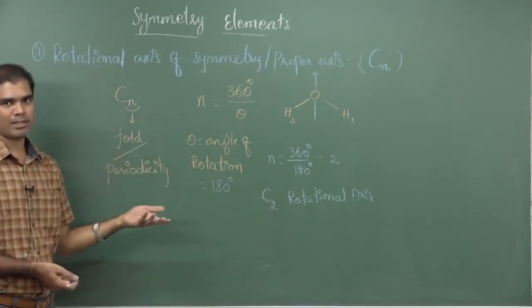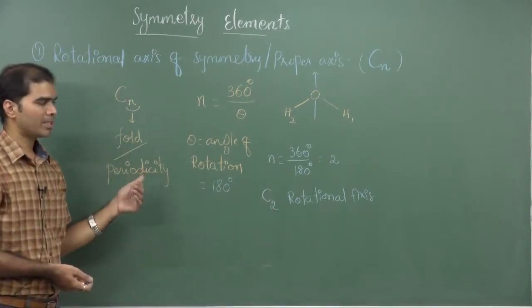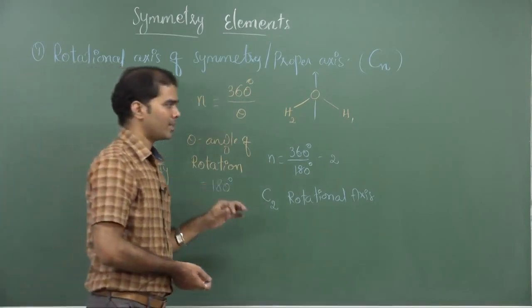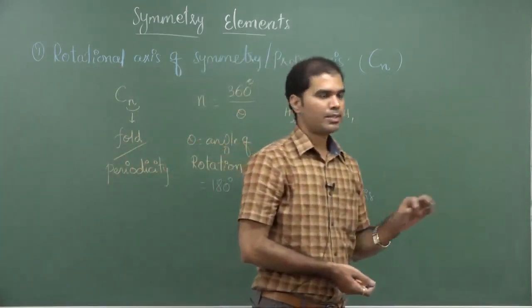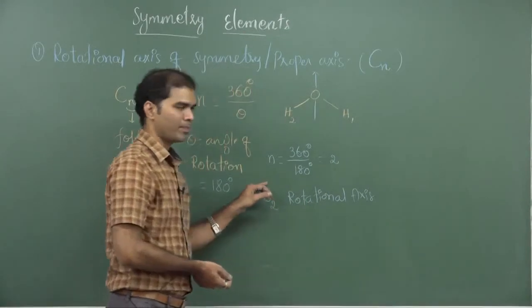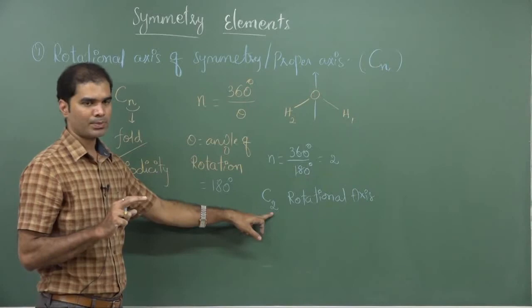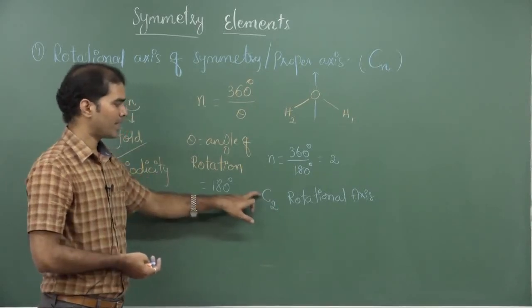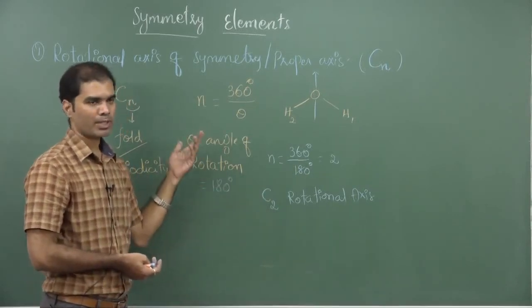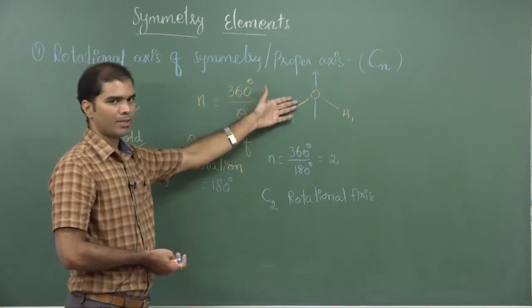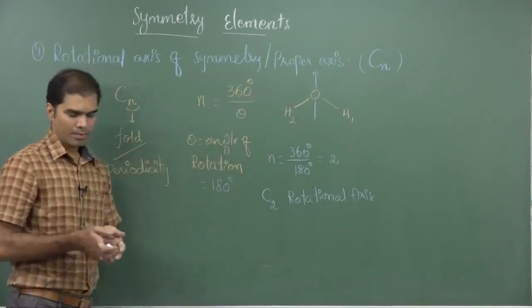Suppose it is a C3, I choose some other molecule such as ammonia, then we have a C3 axis, we have to read it as a three-fold rotational axis. That is the difference. You need not directly say C2, we can also say it as C2, but we have to say two-fold rotational axis, or it could be three-fold, four-fold, depending on the molecule that we choose. What is this configuration